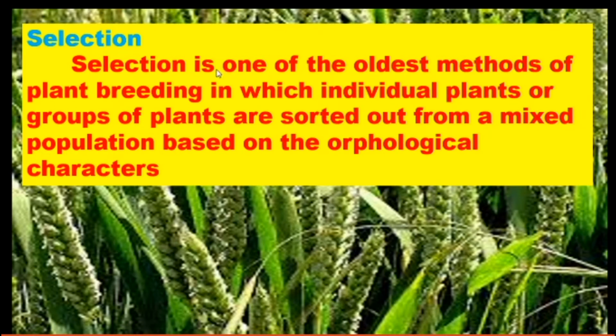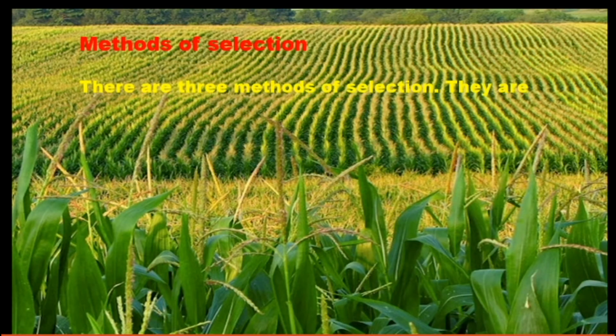Selection means, as we know, very simple: we select something which is best. Here also the farmers follow that. While they are cultivating the plants, they select which plants are best to give more yield as well as very good nutrients. So that we call selection, the method of selection. Out of their cultivation, they select which variety is best.